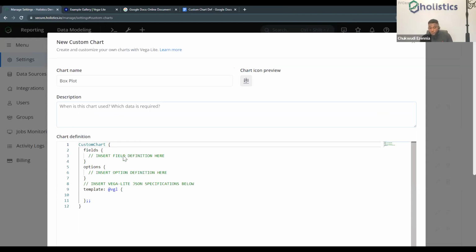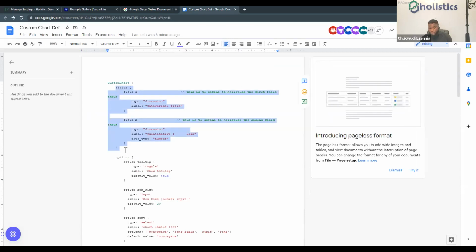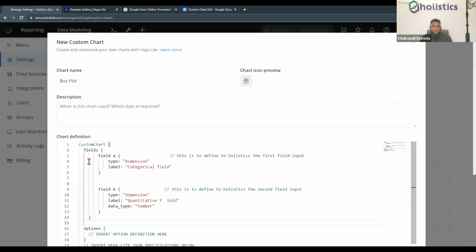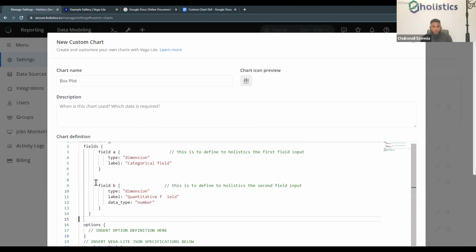So going over to the first case, which is defining the fields, we can come over to the charts I defined here. You're able to copy out the field definition, which is this first block of code over here. I'm going to copy this, come right here under fields and replace this entire code block with it.